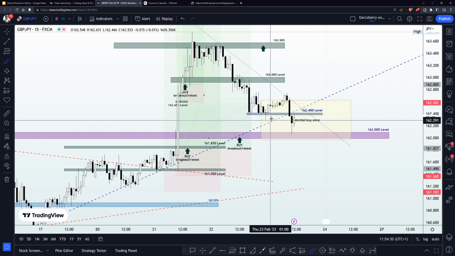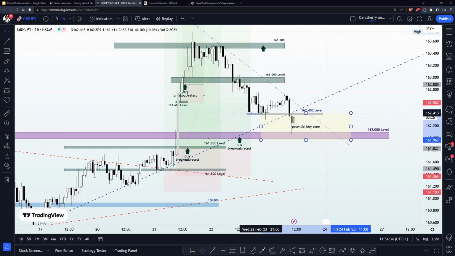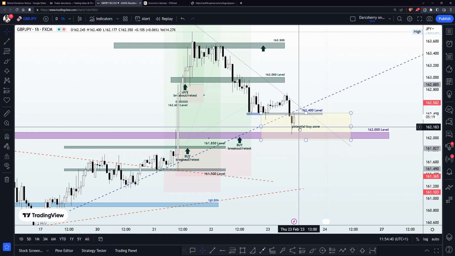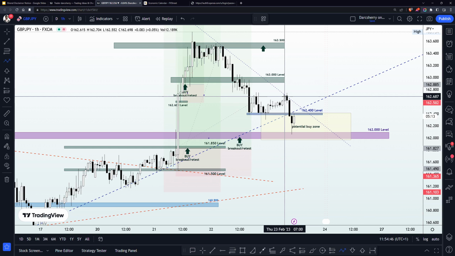So what we'll simply look out for whenever we have this kind of situation, let me readjust this, okay, so we have a buy zone around here. So what we are going to be looking out for around this area is a form of reversal pattern to join a bullish momentum to the upside.